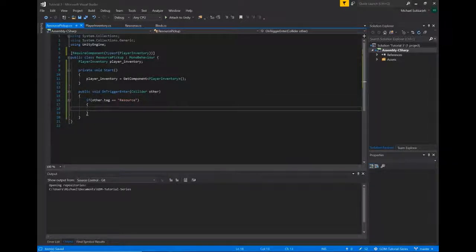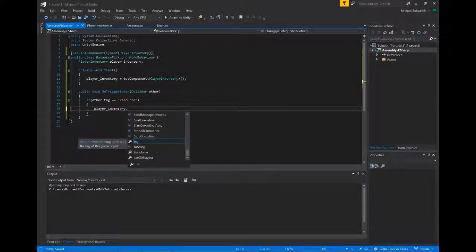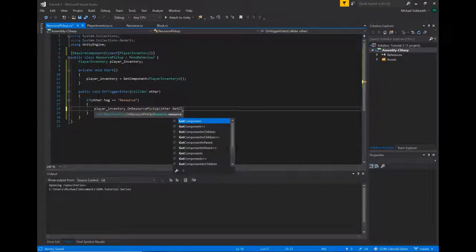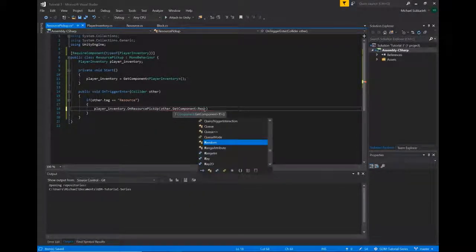So what do we want to do? We want to call our inventory. We want to add that resource into our inventory. So we can call our, what did we call it here? On resource pickup, and simply pass the resource component